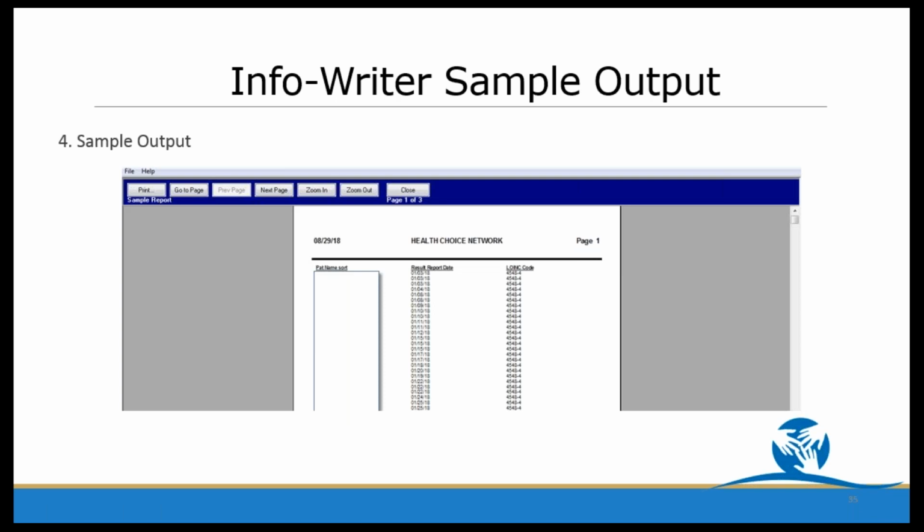And then the super cool thing is, this is what the output looks like. You can put the name of the report. I just put Health Choice Network on the top. It's got the date that I ran it, and the page numbers on top. It's going to give you the patient names, the result date that those labs came in, and then the code. I could have done a more elaborate report, but I just wanted to show you what this actually looks like,